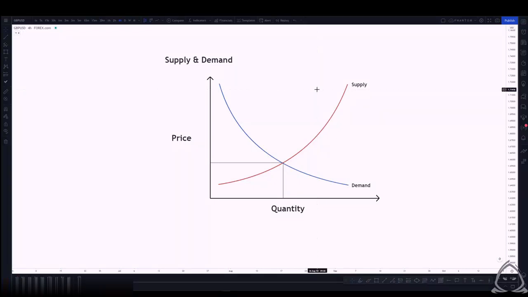So what we're trying to do when looking at supply and demand trading is we're trying to identify when an institution or large pool of money is entering the markets. We're trying to identify their footprints and trade alongside them. Now, of course, like I said, they're trading for a completely different reason. We're simply trading based on the footprints that they're leaving in the markets.